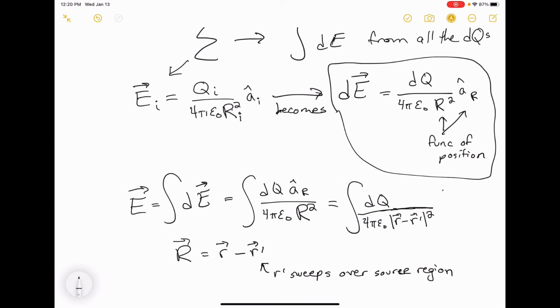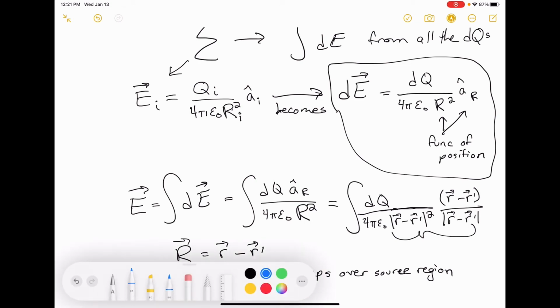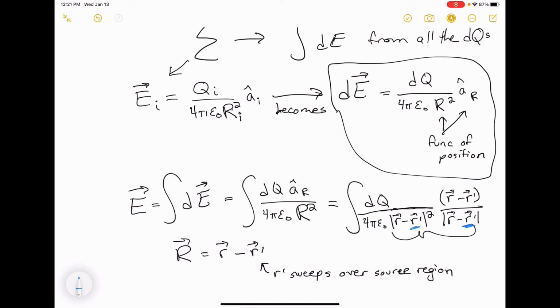Now we have to put the unit vector in, which is r minus r prime divided by the magnitude of r minus r prime. You can simplify this by combining those two to get r minus r prime over magnitude r minus r prime cubed. That's fine. I just like to leave this separate so that it's really clear that it is a unit vector right there. Now r prime is a variable inside this integral, and it sweeps over the whole region